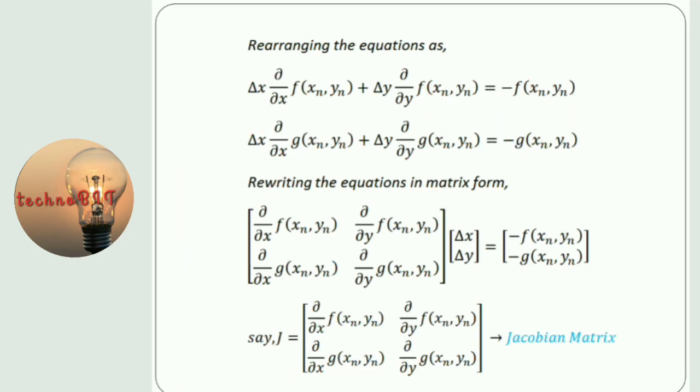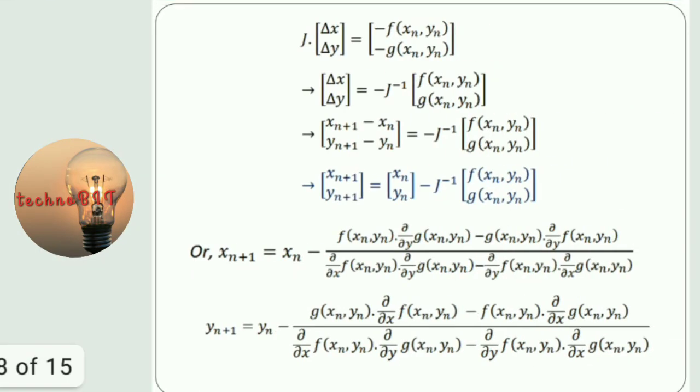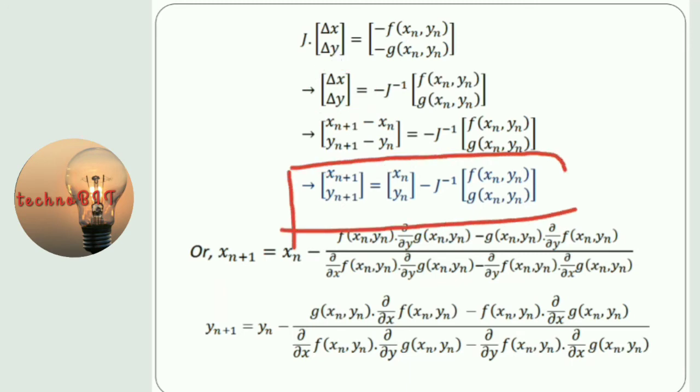So we can see in the next term I am having the same equation. Now I want it in terms of del x and del y, so just transferring this J term to the right side, we get this equation. And next, because ultimately I want the final equation in terms of x of n plus 1 and xn, just replace this del x term into this, and finally we get this equation. This equation is going to be used as the Newton-Raphson formula for multivariable functions. This is specifically for a two variable function.